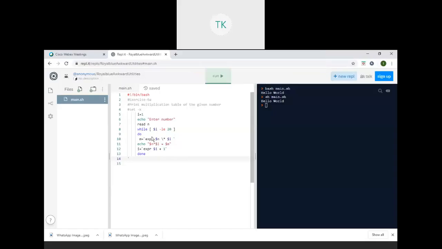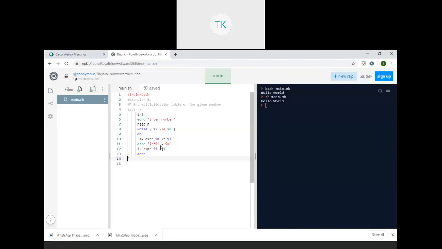If I use a slash before a meta character, the meaning of the meta character will be removed. So that is what I used.